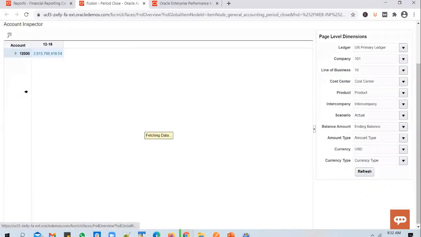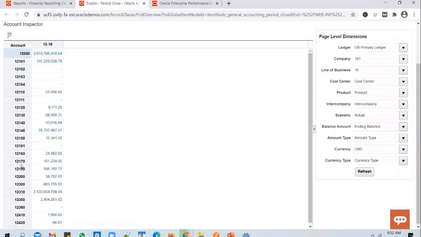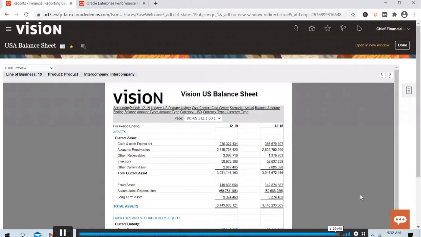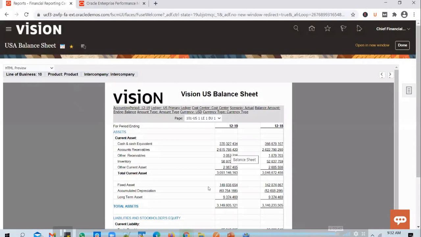And if you expand it, you will be able to see the child account numbers from which this balance has come. And similarly, you can use the other option as well, like the journal balances.